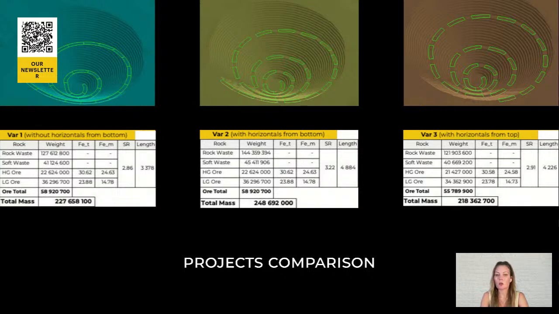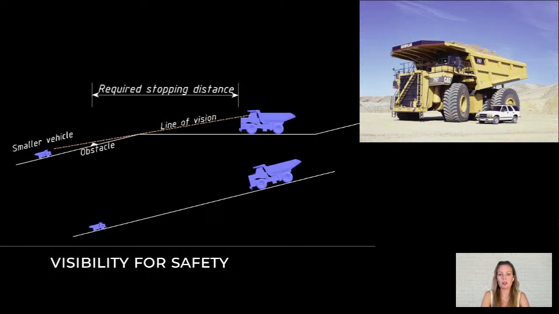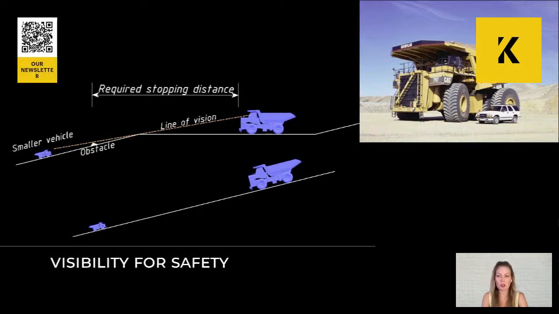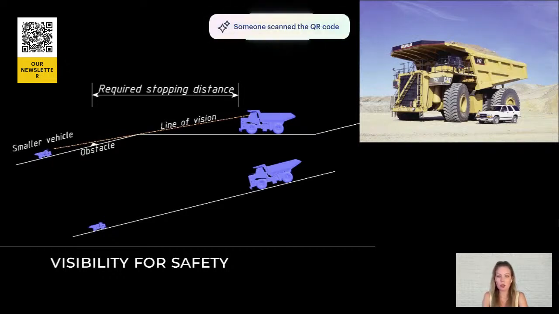These differences will have varying impact depending on the specific conditions, but the larger the quarry, the more noticeable this difference becomes. So now let's talk about how horizontal inserts affect visibility and potential consequences. When a heavy-duty dump truck or any other vehicle is moving up a slope, the driver can't see the section of the road that is higher up, just beyond the horizontal insert. This lack of visibility means drivers can't see each other, increasing the risk of collisions during maneuvers.